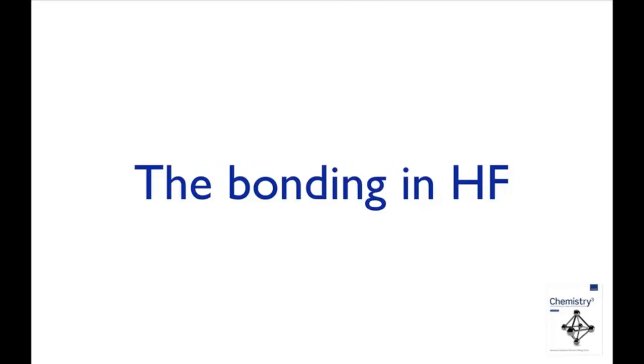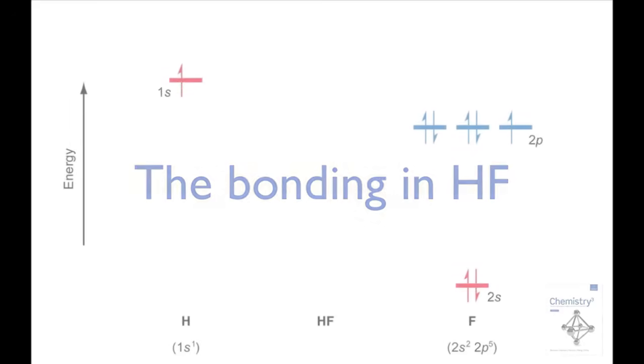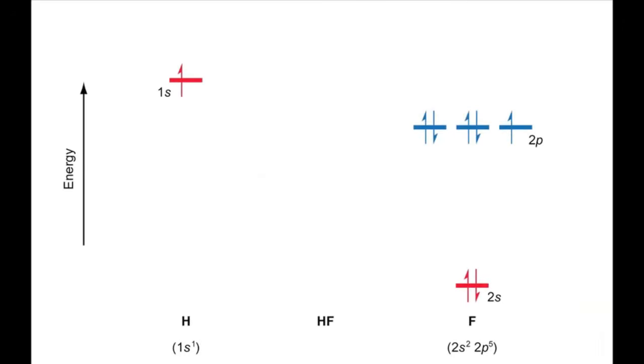In this screencast, we're going to look at the bonding in the heteronuclear diatomic molecule hydrogen fluoride by building a molecular orbital energy level diagram. Start by adding the atomic orbitals, which are the 1s orbital of hydrogen and the 2s and 2p orbitals of fluorine. Unlike a homonuclear diatomic, you're using different orbitals on the two contributing atoms, so you need to know their